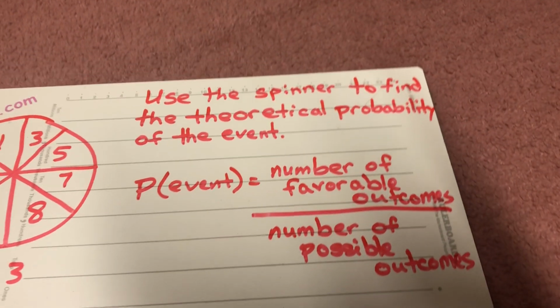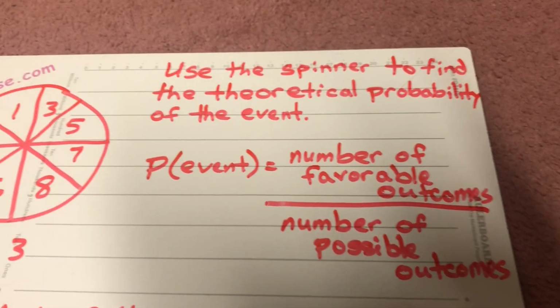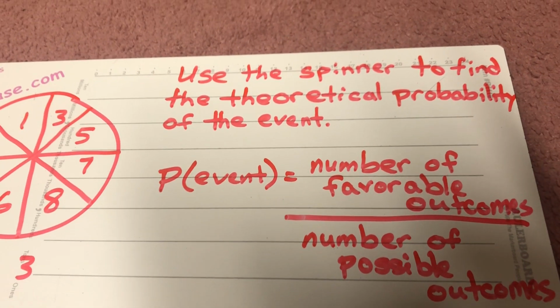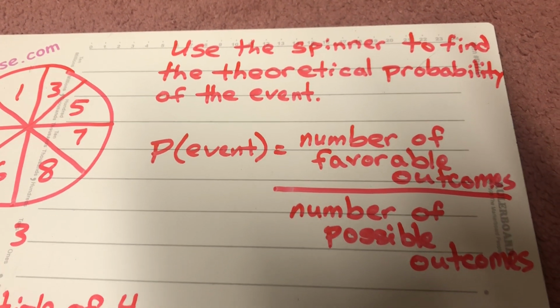Let's go to theoretical probability. Let's go ahead and bring our other board over here. Use the spinner to find the theoretical probability of the event. Well,